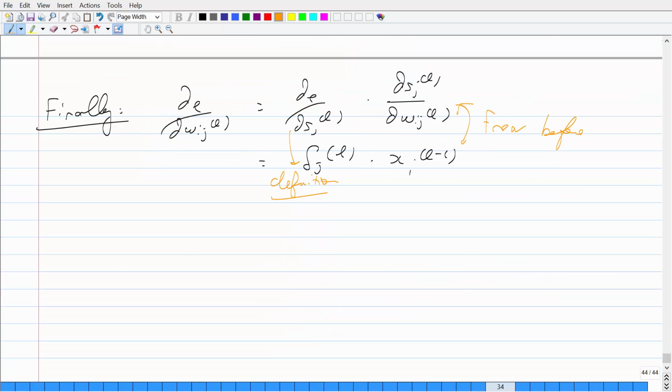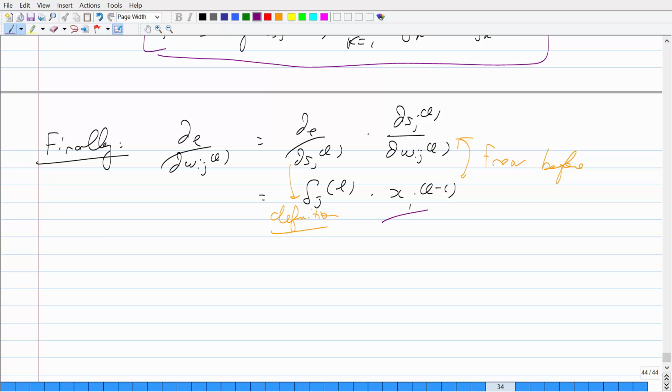So what does this tell us? All right, so this stuff was calculated from forward propagation. So you have to save all of the inputs and the corresponding outputs. And then this stuff here was from backpropagation. So if you want to compute an update for the weights, you have to run forward propagation and remember all of the saved outputs, the x's for every single neuron. And then you have to compute the sensitivities by backpropagation. So for one update for the weight, you have to run a forward propagation and a backpropagation to be able to find all those updates for the weights. Okay, so therefore,